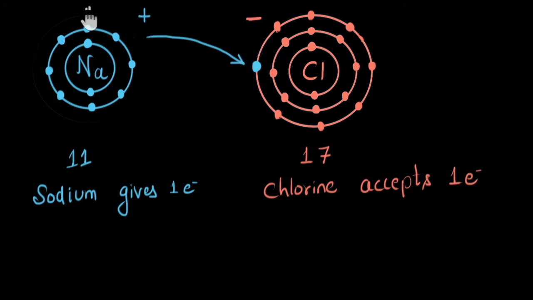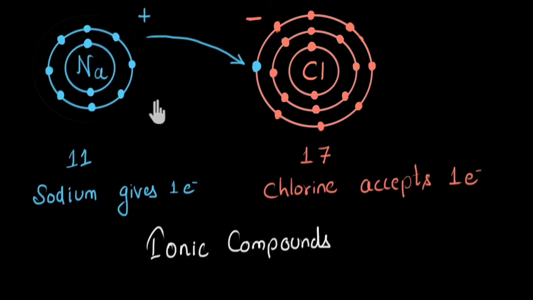And we also know that opposite charges, they attract each other. And that's why there will be a strong electrostatic attraction between Na+ and Cl- ions. And because of this, both the ions stick together. And that's how we get NaCl. Now one last thing. The compounds that are formed in such a way are called ionic compounds. Due to the transfer of electrons between a metal and a non-metal, ions are getting formed, positively charged ions and negatively charged ions. And these ions attract each other, and that's when the compound gets formed. So that's why these compounds are called ionic compounds.